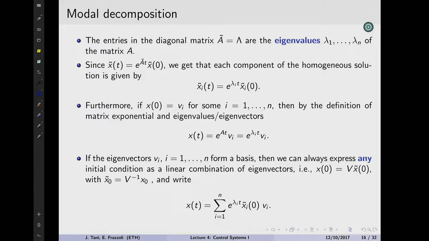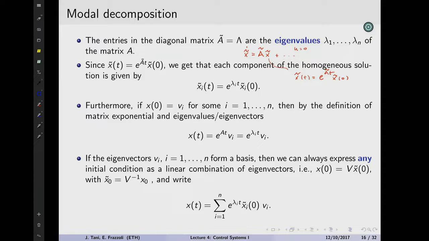Since we have x tilde dot equals A tilde x tilde plus whatever, now let's just pretend u equals 0. We know that x tilde of t is going to be equal to e to the A tilde t times x tilde naught. This is exactly the same thing that we studied last class and at the beginning of this class. It's the explicit output of the state space representation, but just after the change of coordinates. Before we called it x, now we call it x tilde because we know they have the same dynamics.